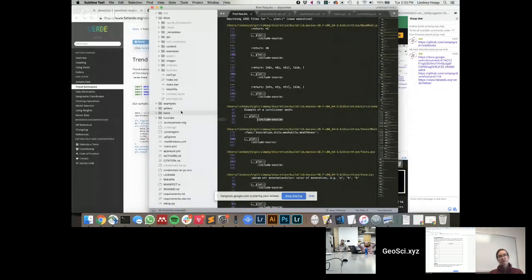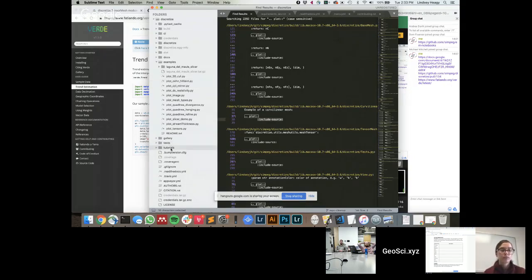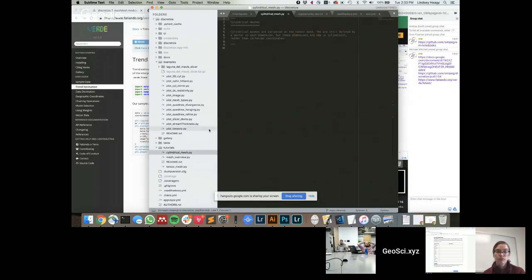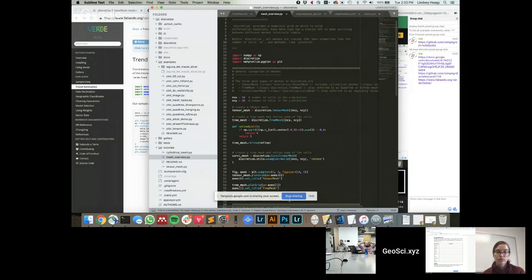If we look at the discretize repo, there's one folder called examples, and that'll generate the gallery. And then there's one called tutorials, and those are used to generate just the single script. They both follow the exact same Python file structure, but they're stored in different places because we put them in different places on the website.